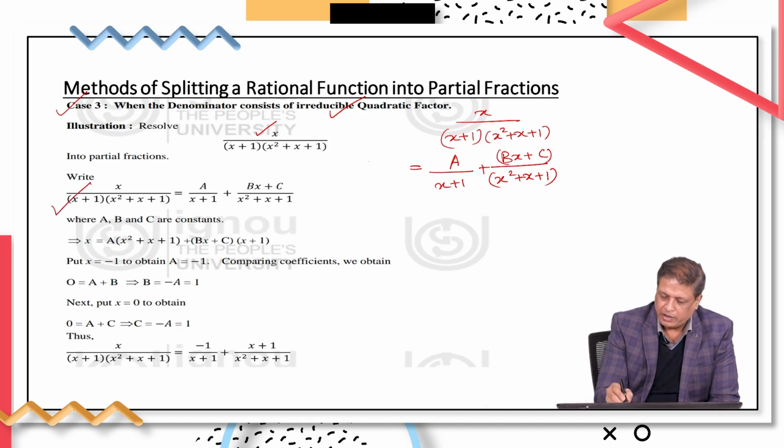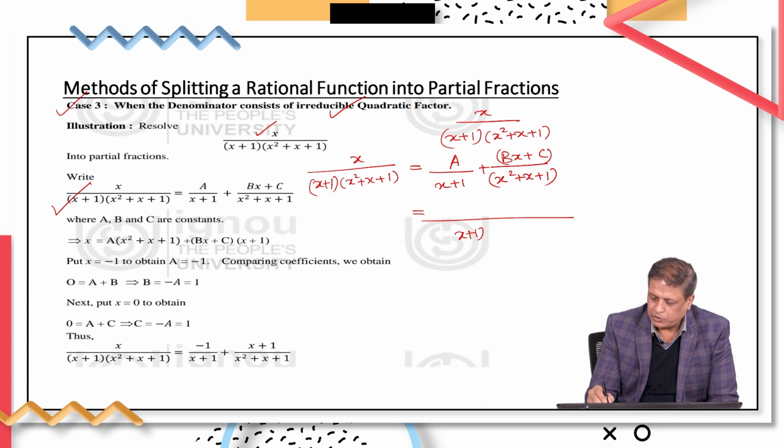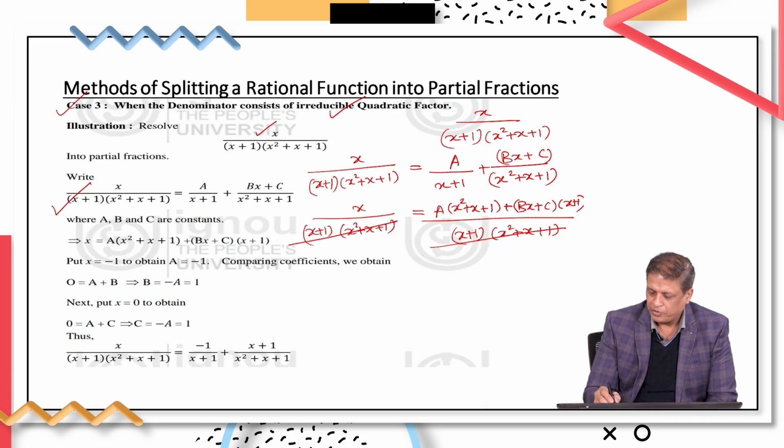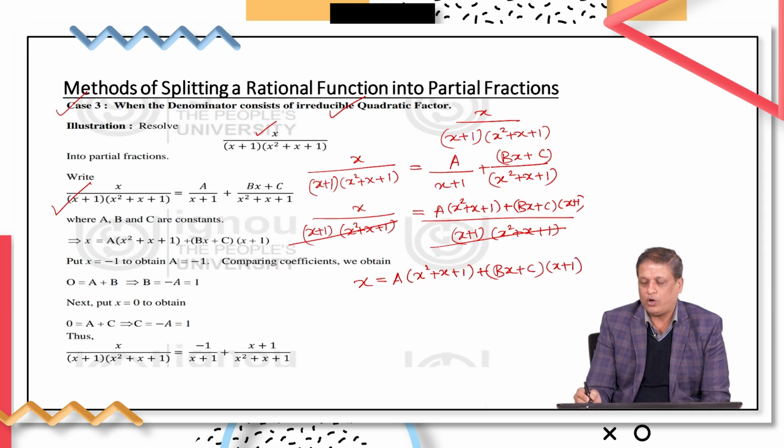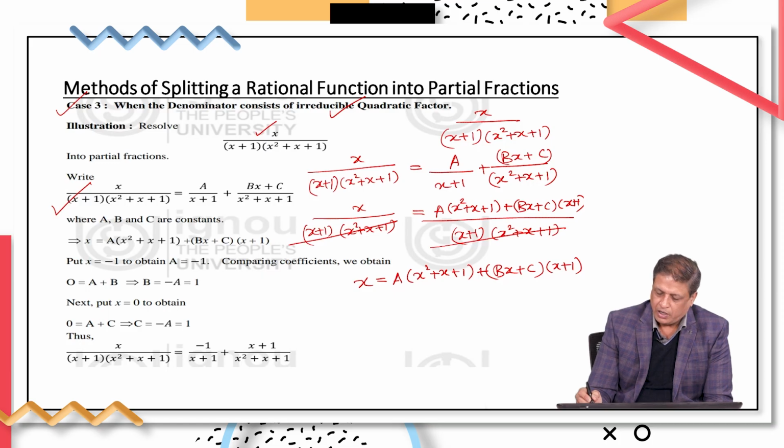Now, applying the same strategy, on the left hand side, the expression is x upon (x plus 1) into (x square plus x plus 1), and taking the LCM of the right hand side, you will be getting (x plus 1) into (x square plus x plus 1), [a into (x square plus x plus 1) plus (bx plus c) into (x plus 1)]. So, this is equal to x upon (x plus 1) into (x square plus x plus 1). So, the denominator part will cancel out, and now we have the expression x is equal to a into (x square plus x plus 1) plus (bx plus c) into (x plus 1). Now, solving for a, b and c, as we did in our earlier session,